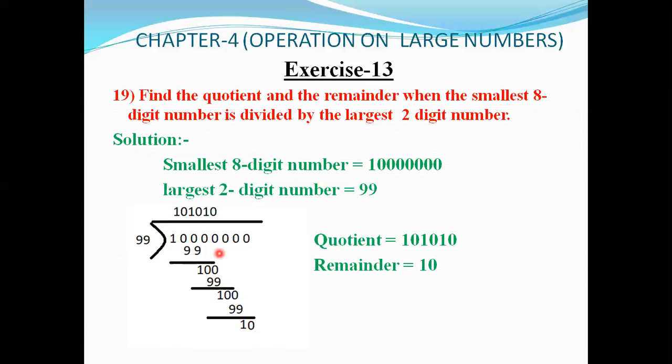Similarly, we get 1. Take the 0 from this. There is no division, so we put 0 in the quotient. Now take another 0. Now this is 99, and we put the zeros here. 99 does not divide this number, so once again we get 0. And now this is the remainder. There are no zeros left to write here.